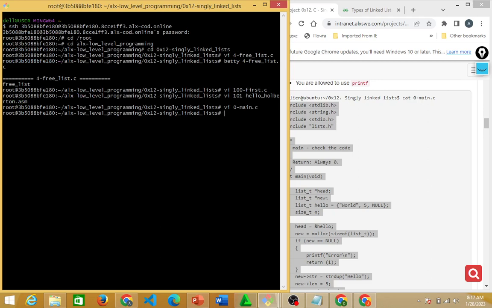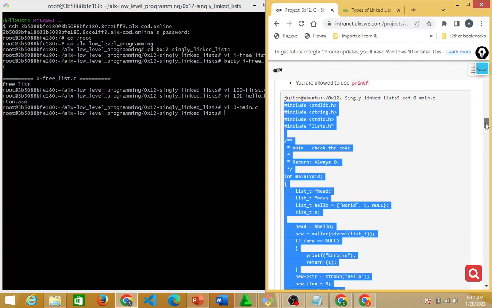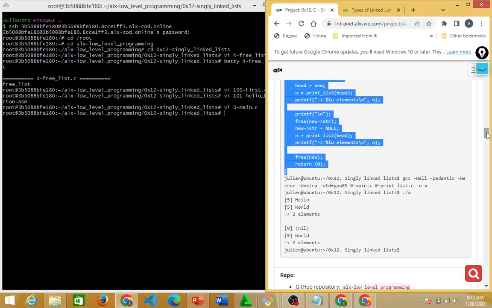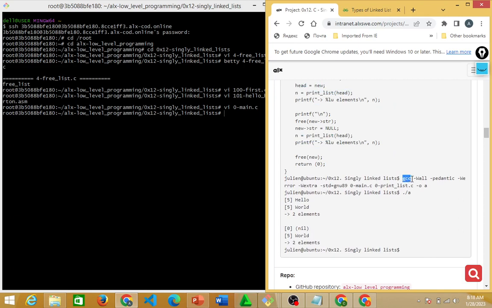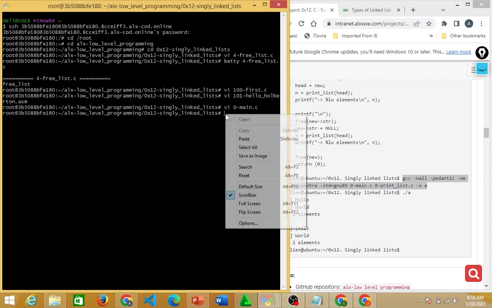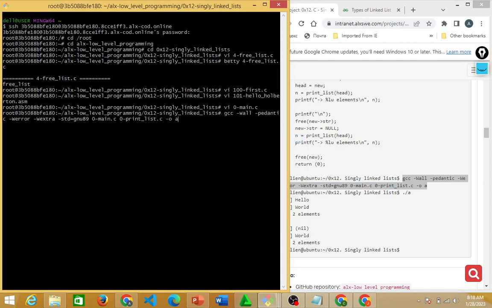If you do that correctly, then you are going to compile this main.c with 0. So you are going to run this GCC command. Look at it here, for 0-main.c, the first one. I'll copy this right now with Ctrl C, come here, and paste. You see that? If I hit enter,